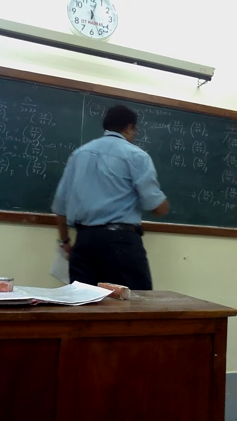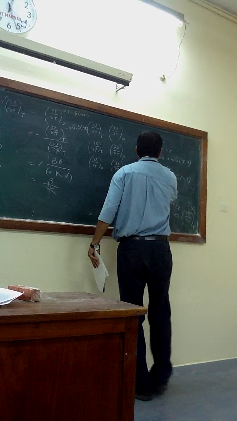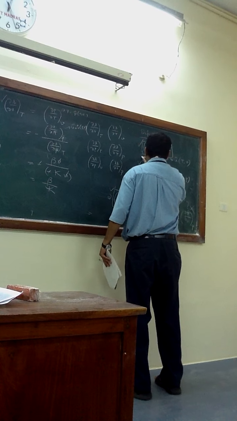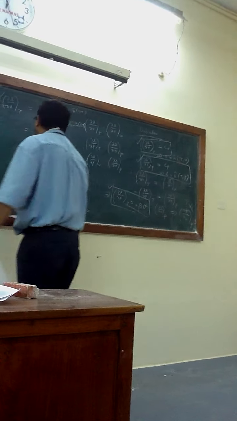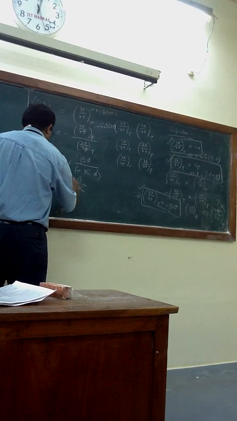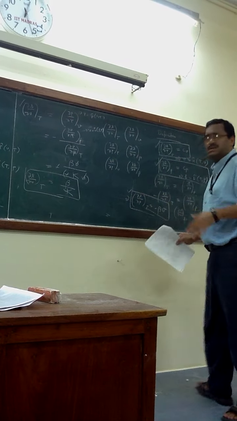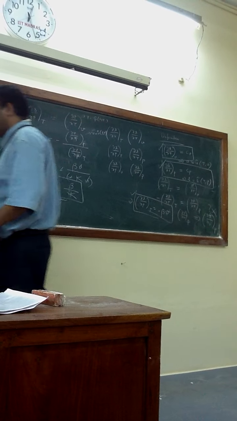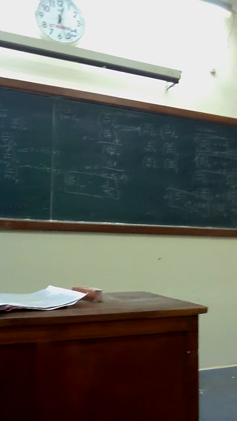Please highlight this in your notebook. First definition, second definition, third definition, and we have got the 4th definition. With these definitions, we can proceed to find all possible derivatives with respect to measurable properties like temperature, pressure,